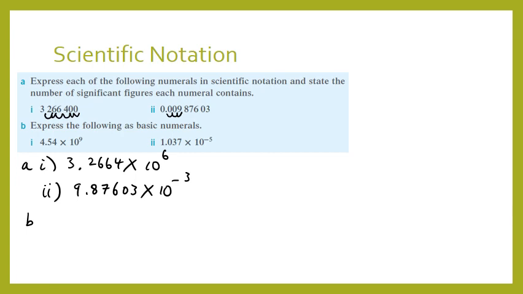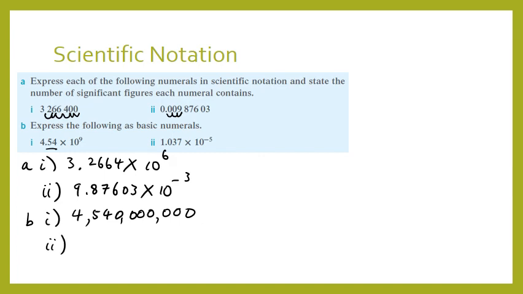Okay, B, express the following as basic numerals. So you simply just write out how many zeros you need. Now, this is starting from the first number though, so each of these spots afterwards also counts as a 0 spot. So it'll be 1, 2, 3, 4, 5, 6, 7, 8, 9. Thinking in my head a 9, I should be writing a 0. So then you can check, starting from the back, 3, 6, 9, essentially 0 spots